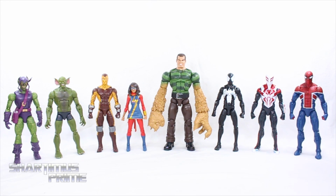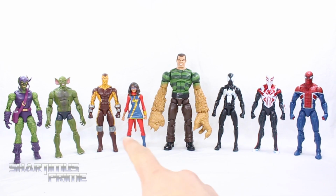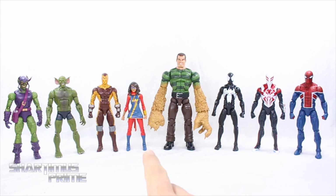Now, so cool that it has been very difficult for me to rank these figures, so I had to pick one to put at the very bottom of the list, and that one goes to Green Goblin, only because I already have my Toy Biz Green Goblin figure, and I really like that one a lot, but I really like that one too. It doesn't mean that it's bad, it's just that that's how it ended up on my list. Anyway, next is Spider UK, just because there's some difficulty with the knee joints over there, and a pretty obscure character. And then I'm giving it to Ms. Marvel next. I wish we'd gotten a little bit more articulation in those elbows, but I still really like the